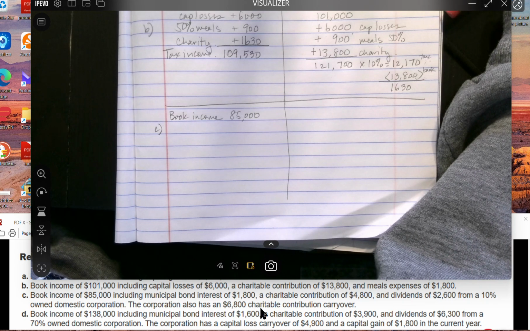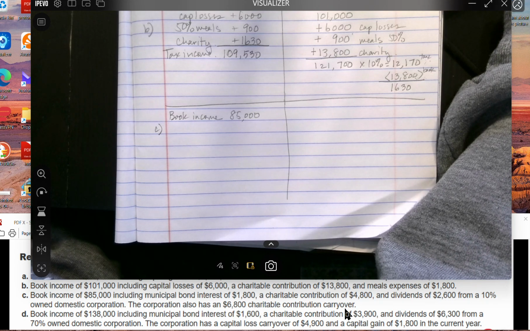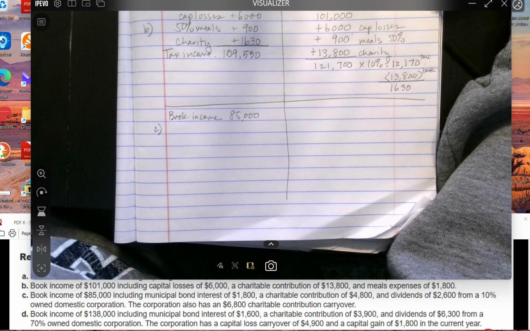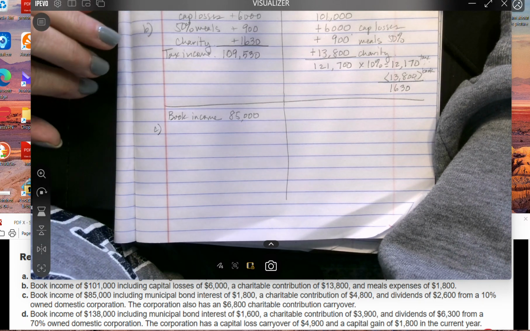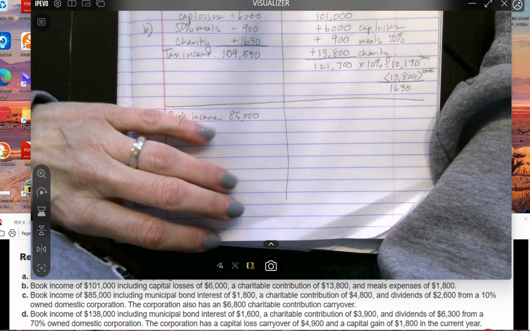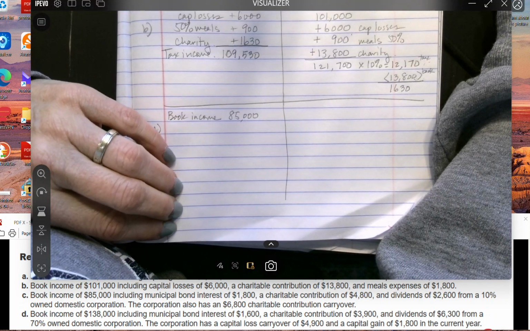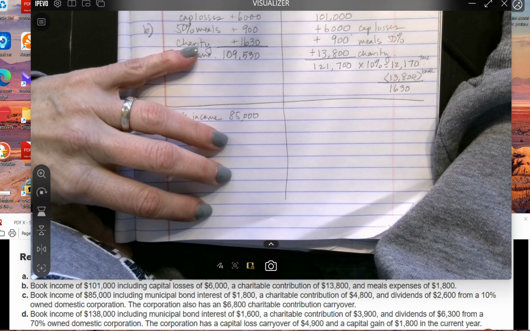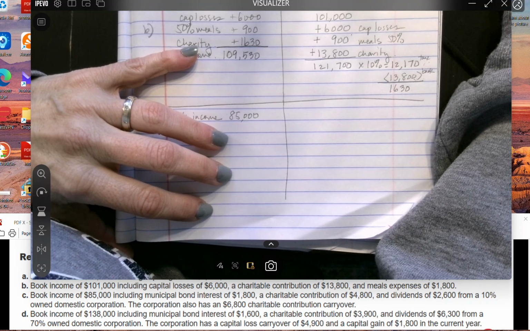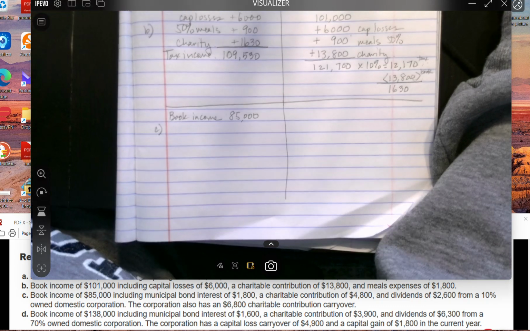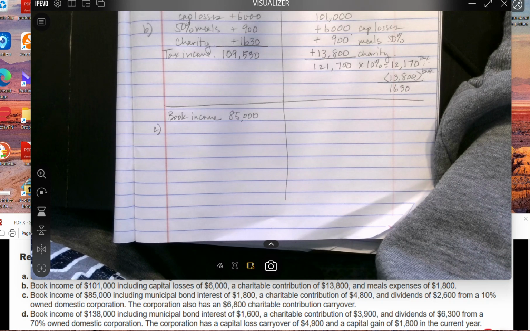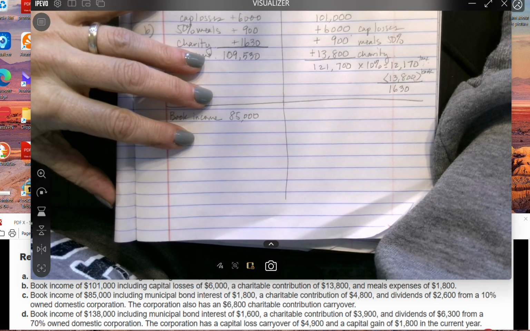Ooh, the corporation also has a $6,800 charitable contribution carryover. All right, they're just making it more complicated for us here, aren't they? All right, so let's see here what we want to do. So we need to figure out how much of the charitable contribution that we can take. All right, so we're going to determine that first. Well, actually, what we could do, which way do we want to do this? Yeah, we want to do the